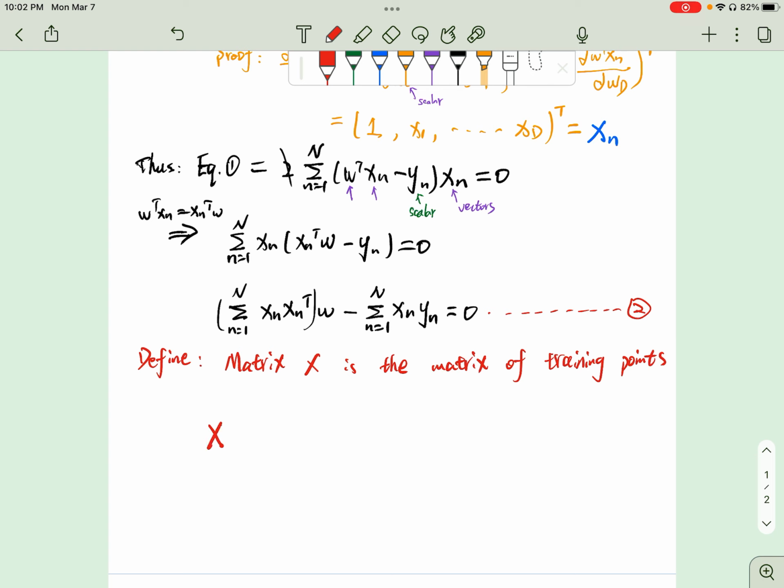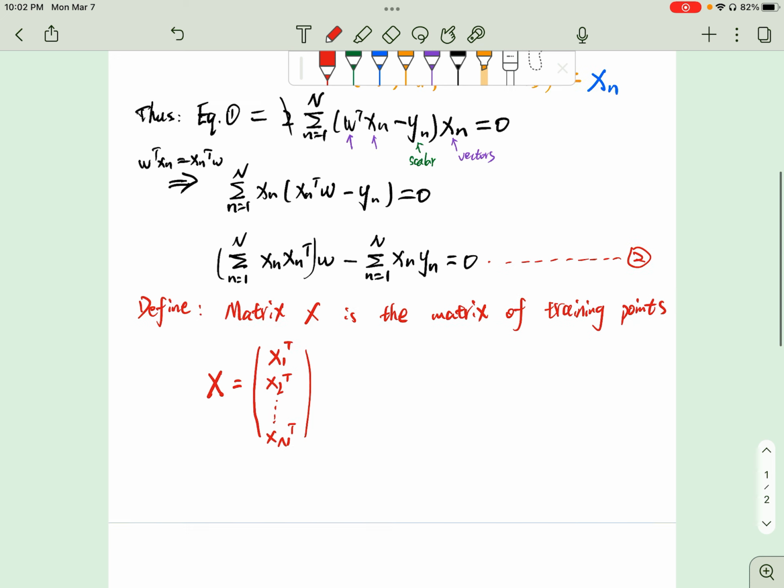So this X, I can write it like this. X1 transpose. We know X1 is a column vector. When it is transposed, it will be a row vector here. It's the same for X2 transpose. And because we have n data, we have Xn transpose here. And if we expand it, because our first entry of the feature vector